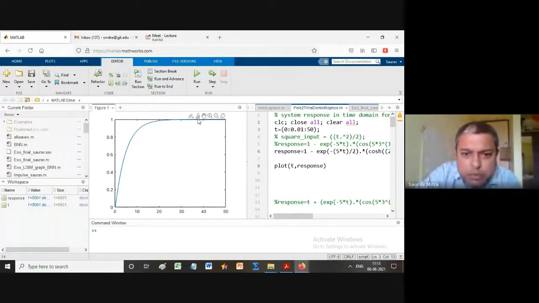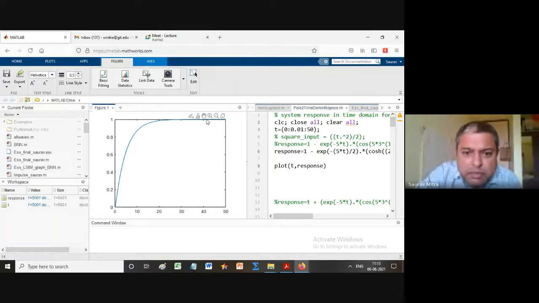Okay, so what is the output value? Output value you can check here. Okay, so output value you are finding that output has exactly reached to 1. So you can find here what is the output. So output is equal to 1 and input we have given as step. Okay, so it is still not exactly 1, but yes, almost equal to 1. So output is reaching to the input because this is a step response we have plotted.